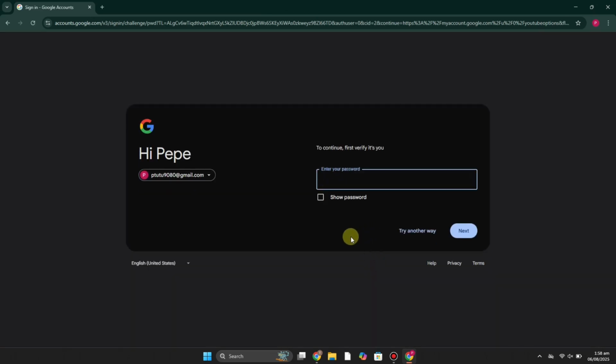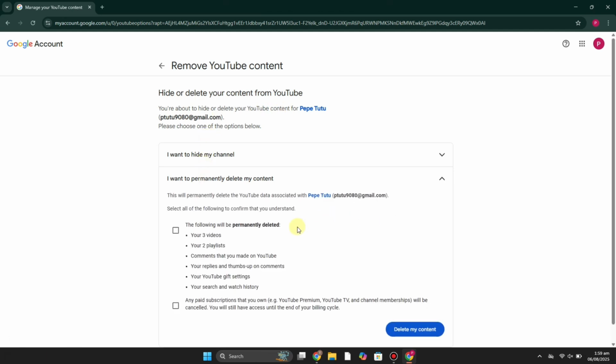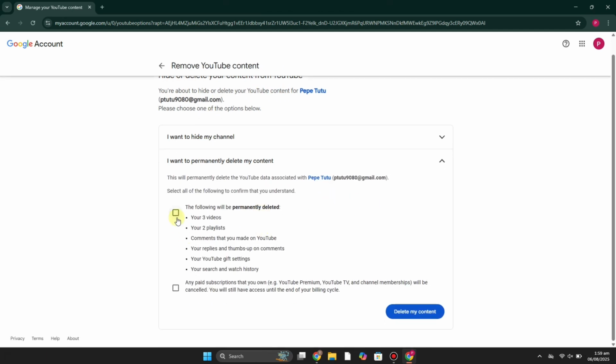this page where you have to enter your password of your Gmail account, and after that it will take you to this page. Now here it doesn't show that you have to delete the channel. It says remove your YouTube content or hide it. So removing YouTube content, that means you will be able to delete whatever you have on your YouTube channel, and